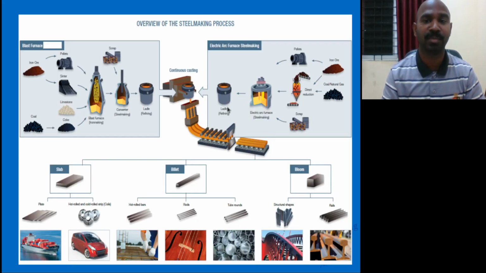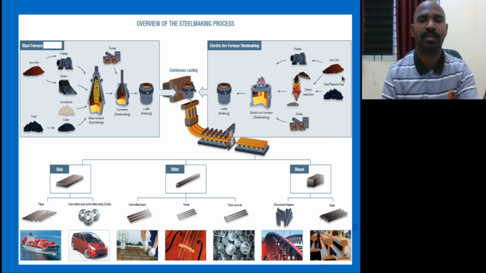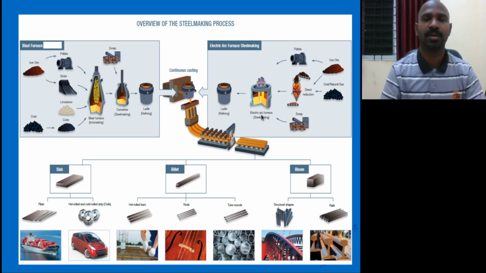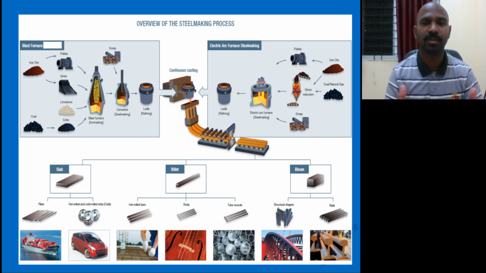And the overall steel making process: from the blast furnace you produce the iron, it is taken into the steel converter and then into the ladle, and then goes to continuous casting, producing slab and bloom. Similarly, you can use the alternative electric arc furnace to produce steel, take it into the ladle, and further into the teeming ladle and tundish, moved to the continuous casting mold, straightened, and produce billet, slab and bloom.